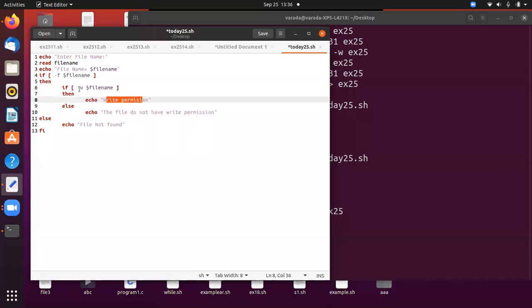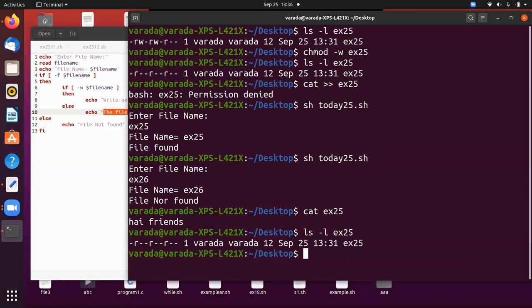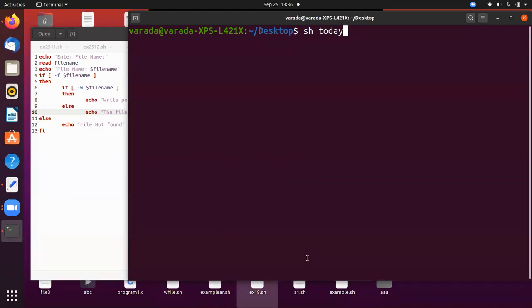If it does not have write permissions, then it prints "the file doesn't have write permissions". We can check that. In this case, ls -l ex25 does not have write permission. If you observe, it does not have write permission, so you can execute sh today25.sh.